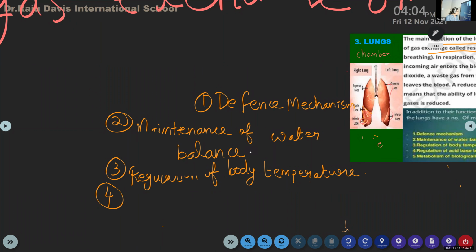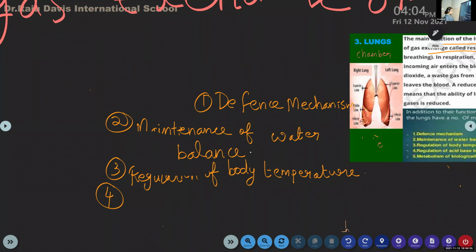And also regulation of body temperature. When you get a cold and cough and the fever or COVID or tetanus, whatever, what's the first symptom? Fever. Suppose you got hurt by hitting your hand or something on a metallic body. If it is going to be septic, meaning danger, the first symptom will show in the body temperature. You may get the fever or some other problem. So that is also a function of the lungs.